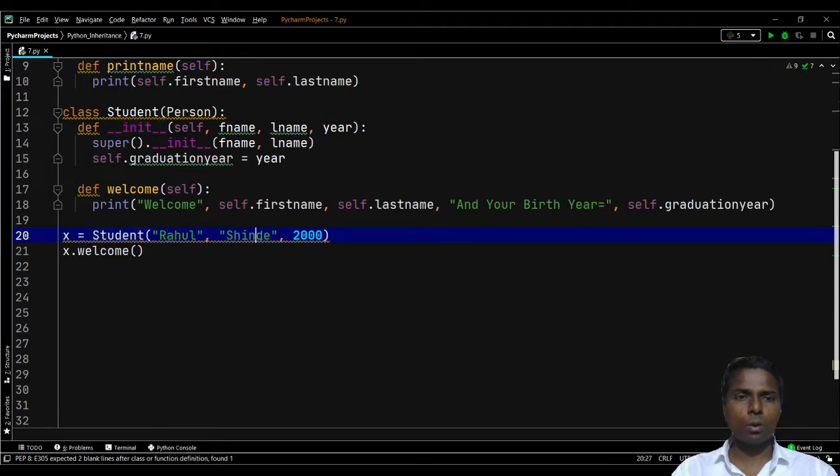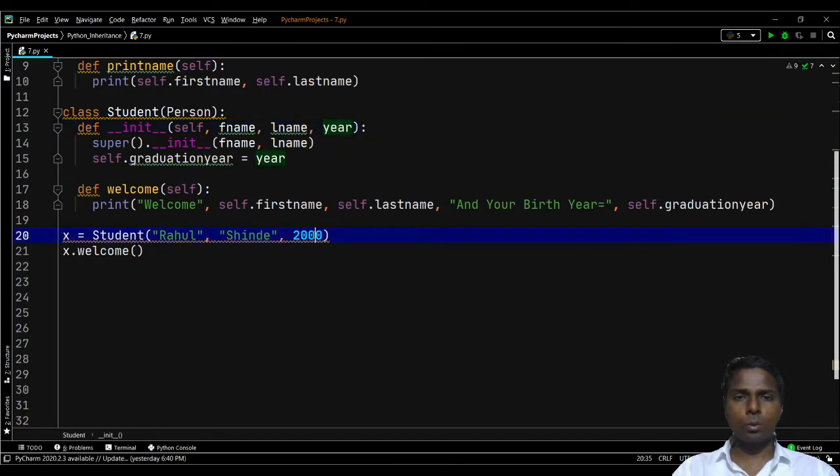If we want to pass three arguments, we can pass them in this way. There will be four parameters. Self is the first parameter by default. The remaining parameters are for the arguments which we pass from the main script. So Rahul will be stored in f name, Shinde will be stored in l name, and 2000 will be stored in year.